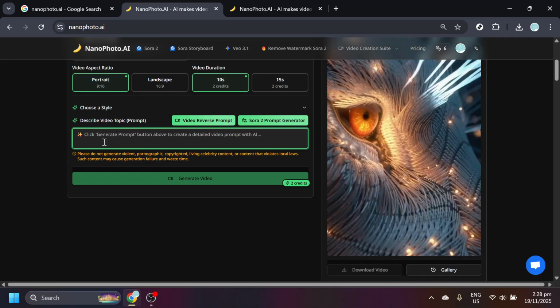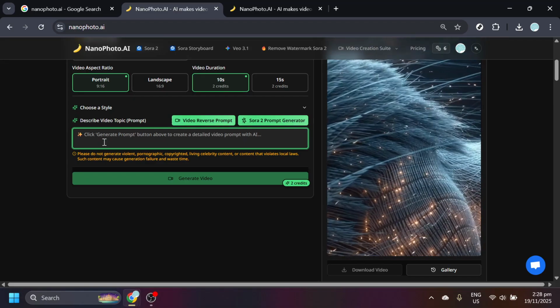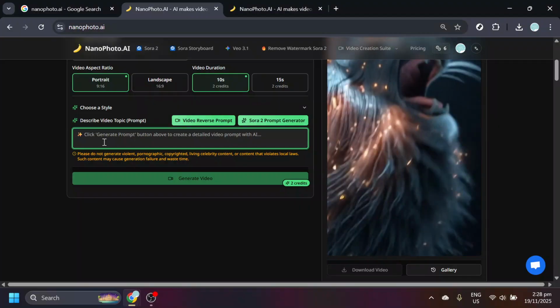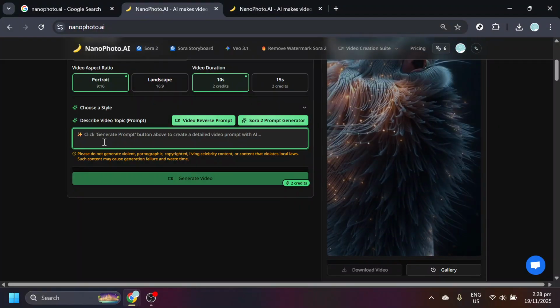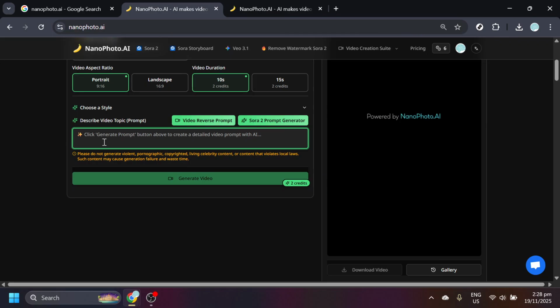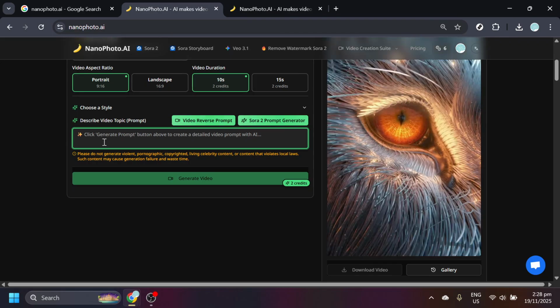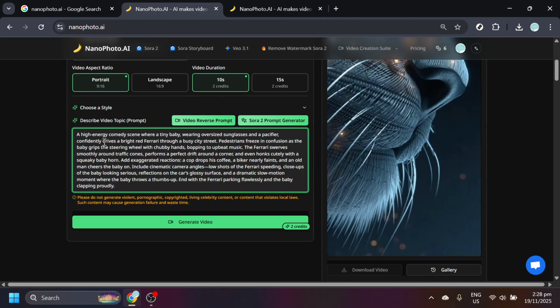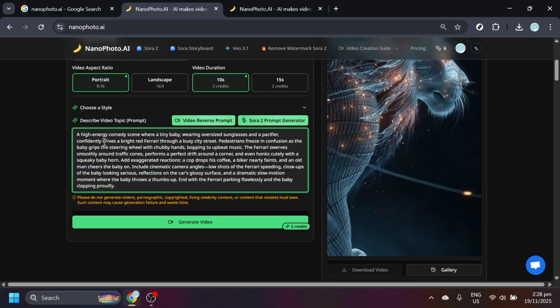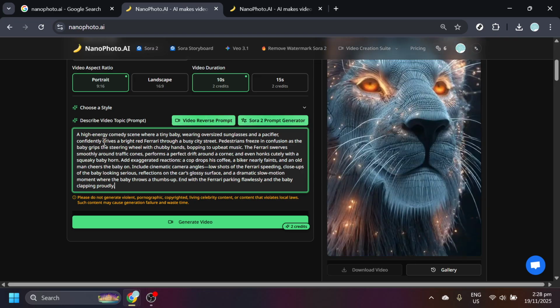A prompt is simply a written description that tells the AI what to generate. The clearer and more specific your prompt is, the better the results will be. For this demo, we'll use a playful, cinematic description that highlights action, mood, and setting. In the prompt box, enter: